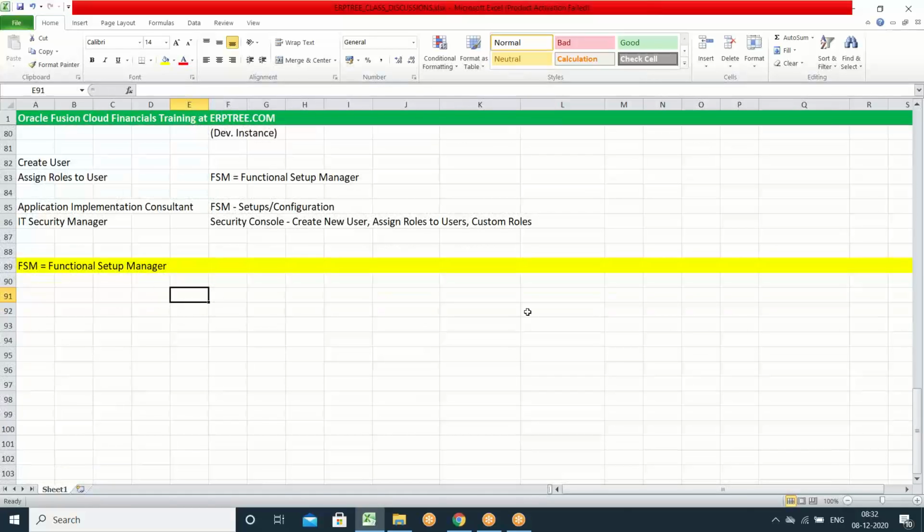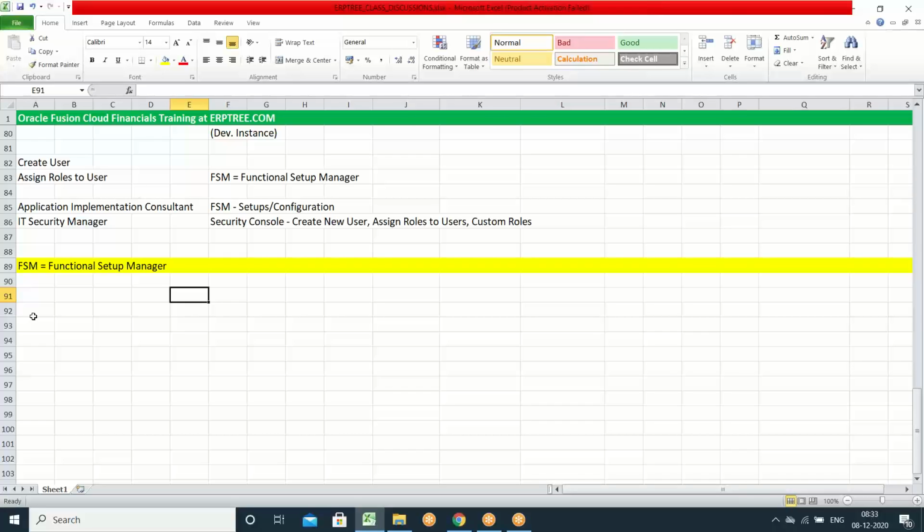So before we go and do the setups, if you have a plan of managing those setups and setting the time, what is the time required to complete the setups, which resource, which consultant is going to work on which setups, if you want to manage all this information, what we have to do is first create the implementation project. So what are the setups we are going to do in the system environment? If you want to manage all the setups, if you want to set the timeline for each and every setup,